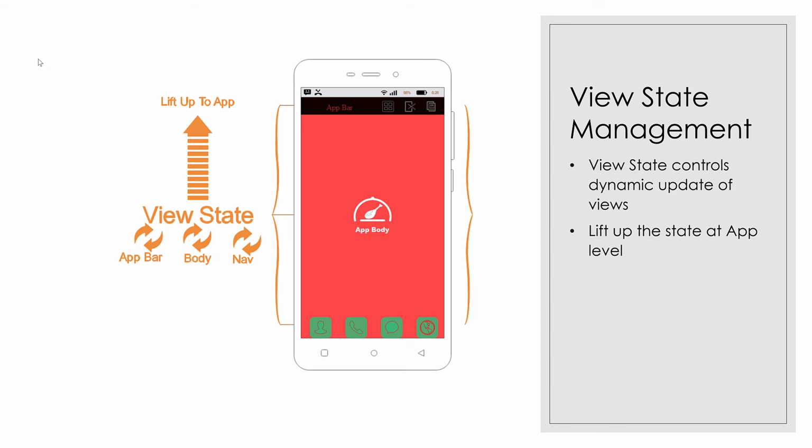How is this magic happening? It's through view state. So I just showed you the view state model class. What happens is that when a user clicks on any of these icons in the navigation bar, it accesses the view state